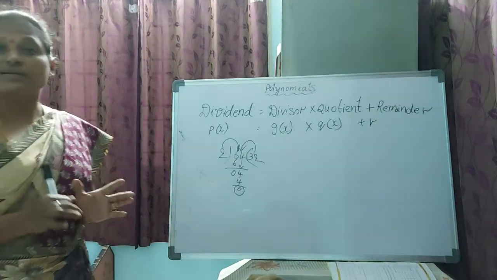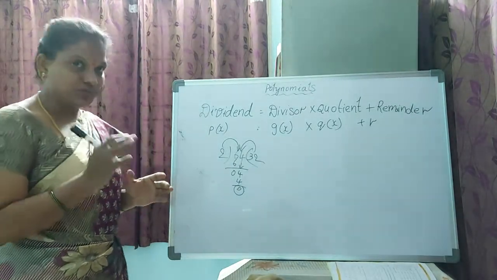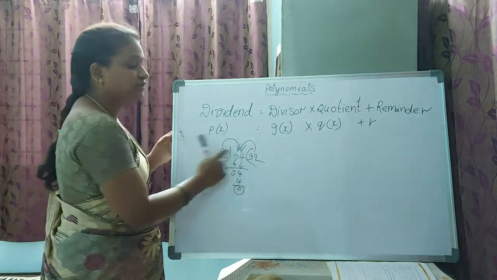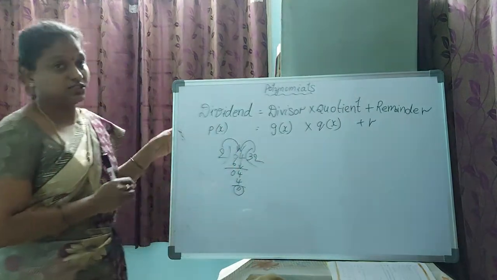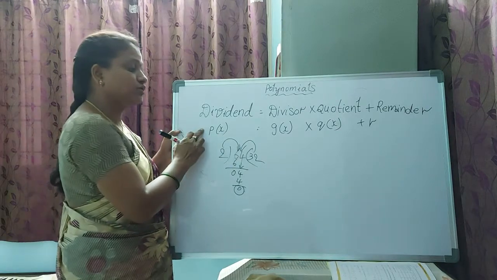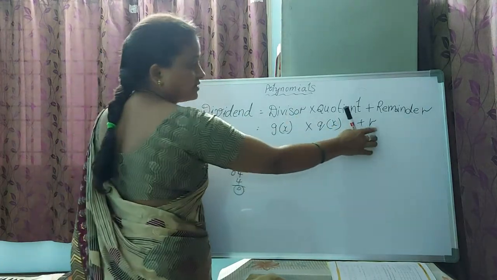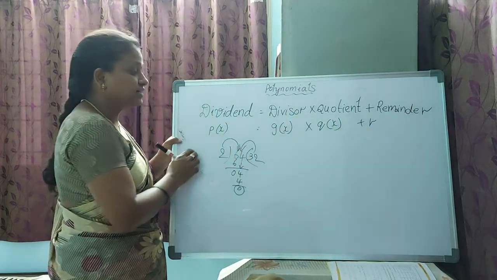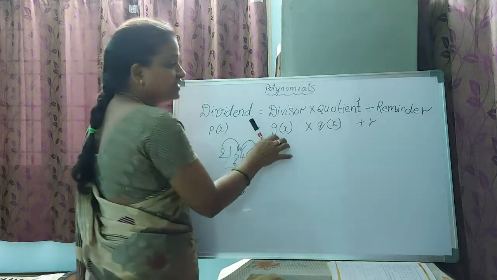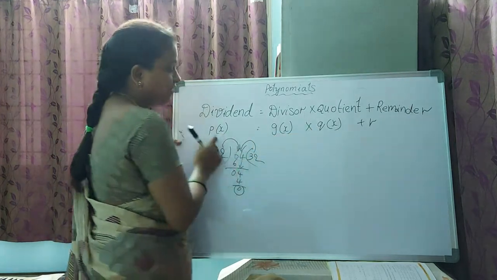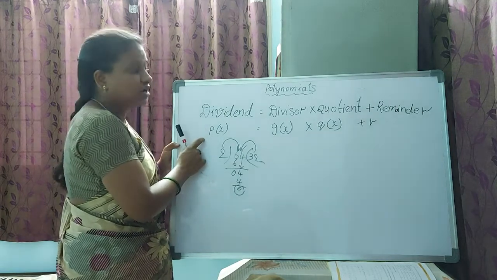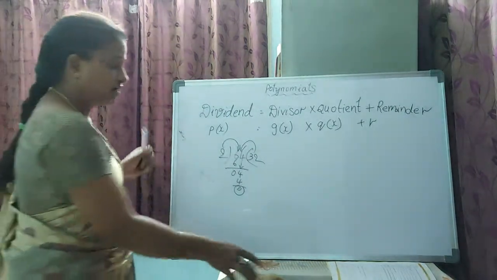If you get remainder as 0, then you can absolutely say that these two are the factors of this particular 64. Okay, in the same way here also, if you get remainder as 0, then we can say that the divisor and quotient are the factors of this p of x. See, for a cubical polynomial,